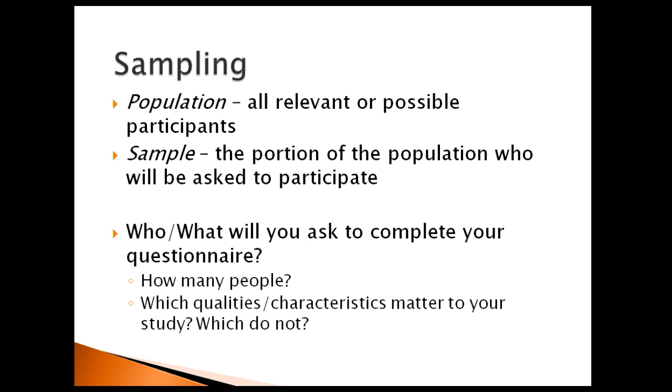Related terms are population and sample. Population is considered all relevant or possible participants. If you wanted to have everyone in the entire group that you could possibly include, all students everywhere in 9th grade, that's your population. You might narrow that down more, saying all 9th graders at Metcalf. If you want to include every member of that group, your actual method, in this case for sampling, is called